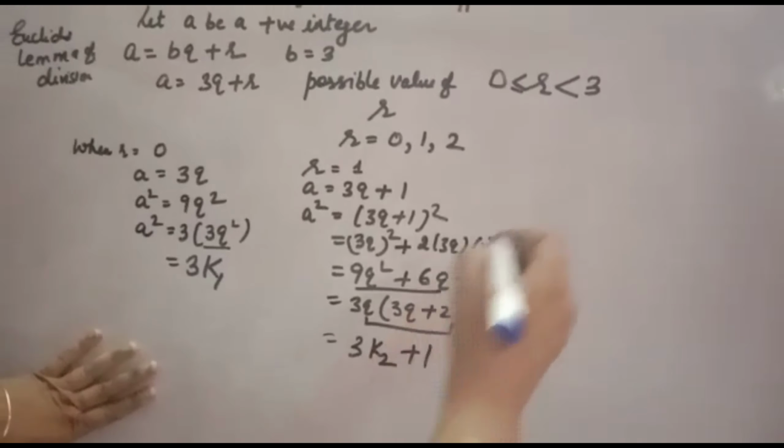Now up to r is equal to 2 you have to do. Up to k3 you take, because k1 you have taken here and k2 here, so here you take k3. You write that k1, k2, k3 are positive integers. पॉजिटिव इसलिए होंगे क्योंकि इंटीजर तो है q, लेकिन जब आपने q को एक पॉजिटिव से मल्टीप्लाई किया, मतलब स्क्वायर ही आ रहा है ना, तो ये हमेशा एक पॉजिटिव इंटीजर ही रहेगा. Therefore you will take them as a positive integer.